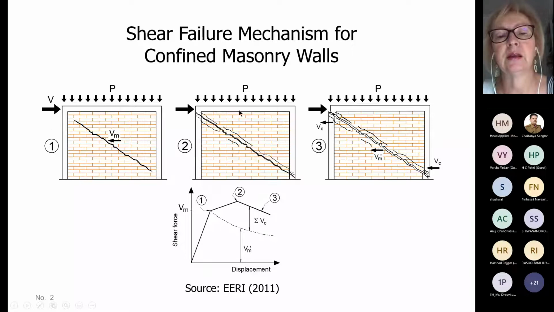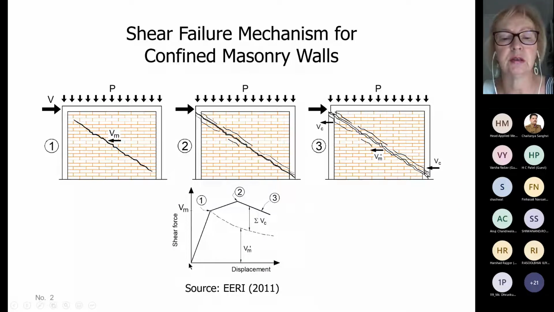Then every further loading will cause more significant damage, and we call it not a collapse, but a failure. Usually none of the experiments on confined masonry walls resulted in a real collapse, but they result in failure. Failure is when there is significant cracking and gaping cracks in the wall and in the tie columns. These are points 1, 2, and 3 on the diagram, showing on the vertical axis the shear force,